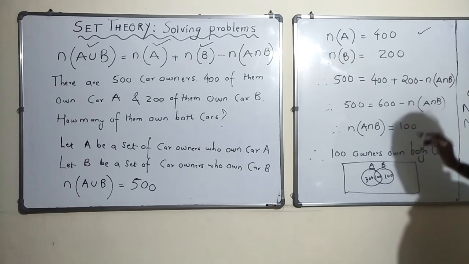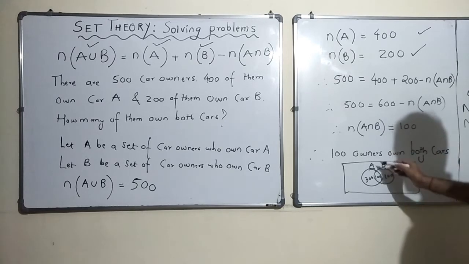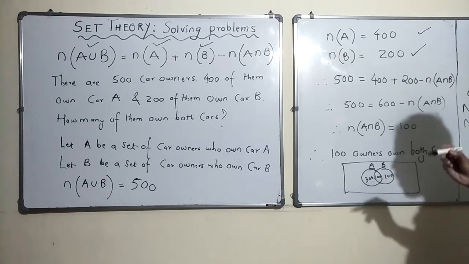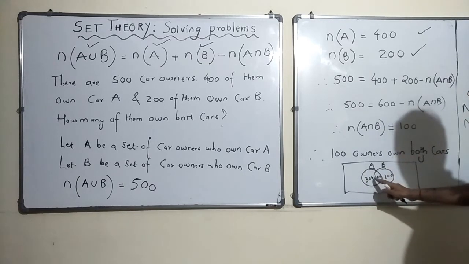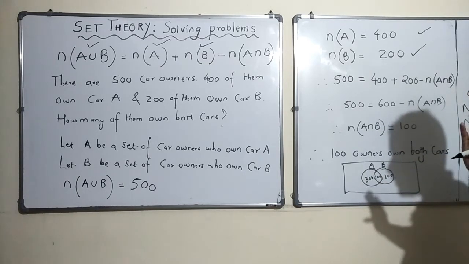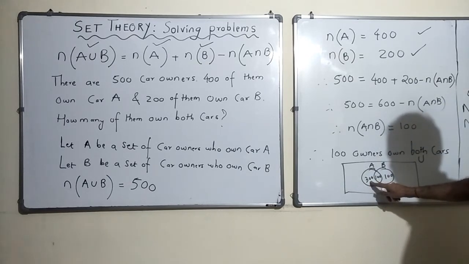The number of car owners who own car B is 100 plus 100, that is 200, right. The number of car owners who own either car A or B or both is 300 plus 100 plus 100, that is 500. Now, how many car owners just own one car, that is car A? They don't own two cars, they own just one car, that would be 300, correct, no?